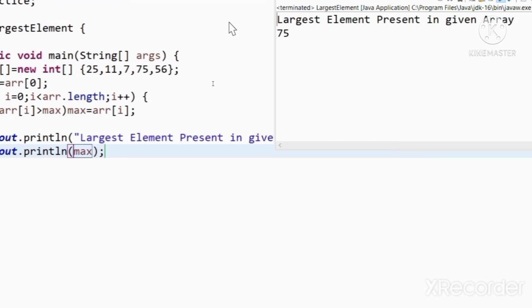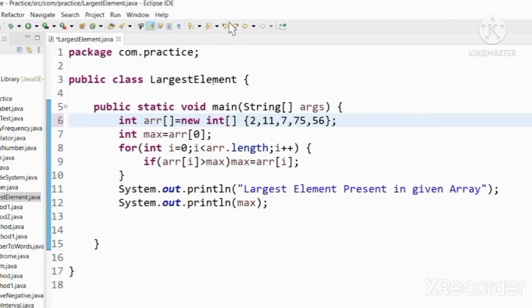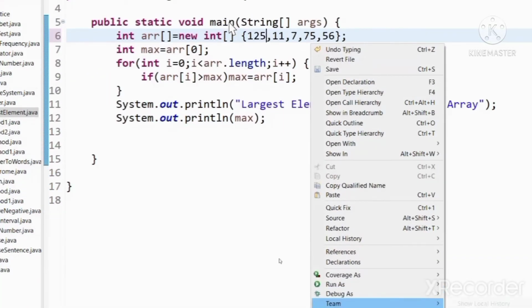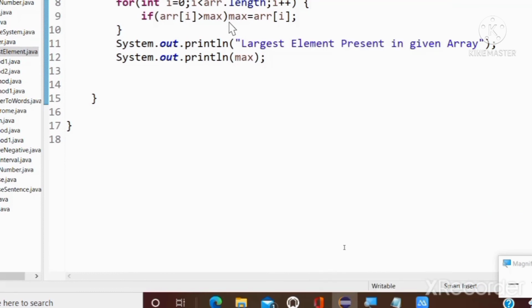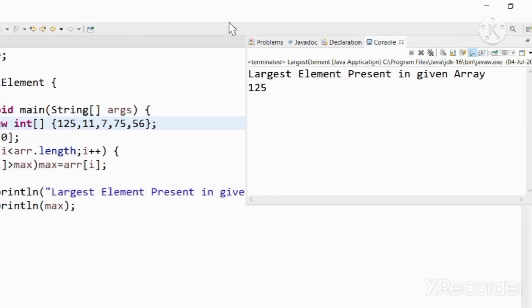If we change an element, like 125, and again compile the code, run as Java application, and see the output: largest element present in given array is 125.